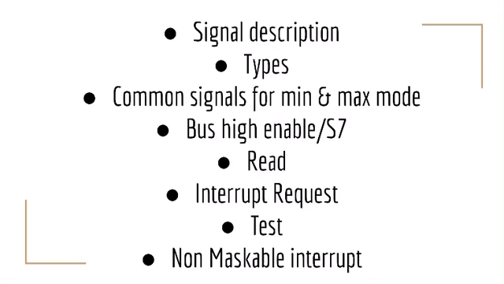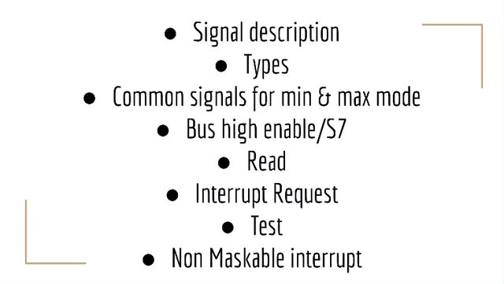This is the bus high enable pin, which is used to indicate the transfer of data over the higher order data bus, that means D15 to D8. It goes low for data transfer over D15 to D8 and is used to derive chip select of the odd address memory bank or peripherals. Next we have read. Whenever the read signal is at logic 0, the data bus receives data from the memory or input and output devices connected to the system.